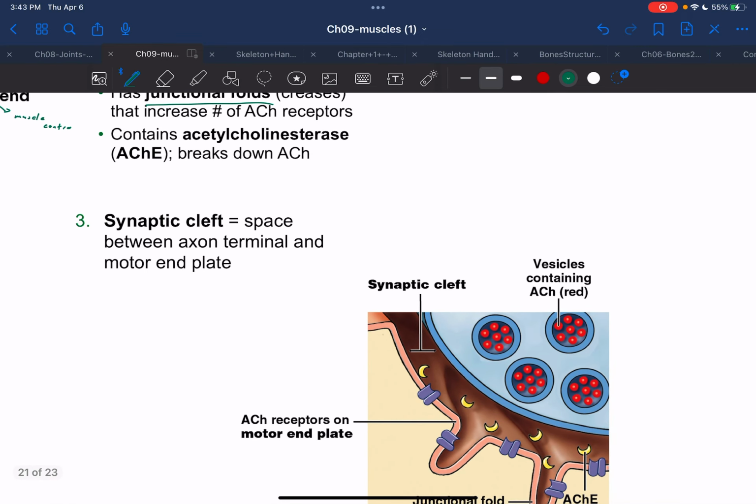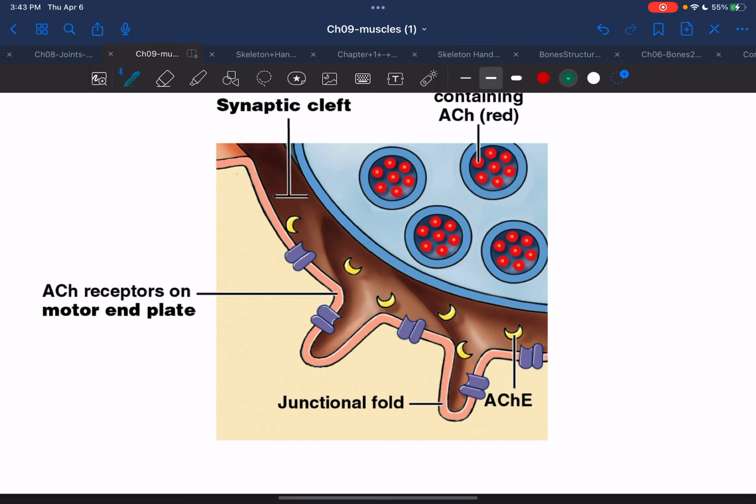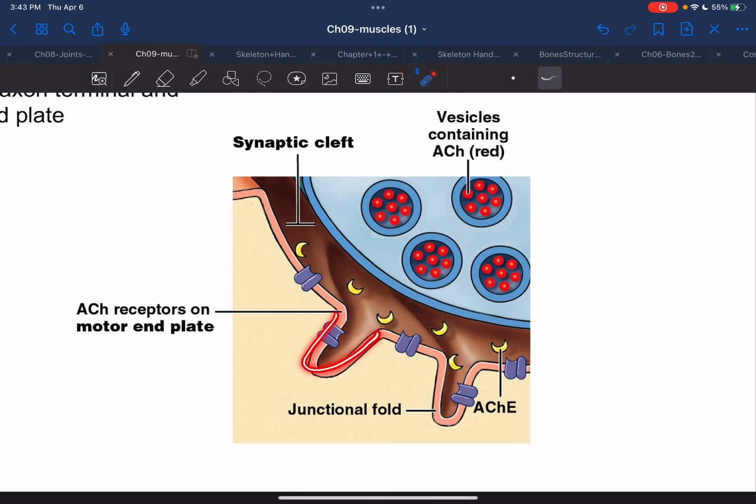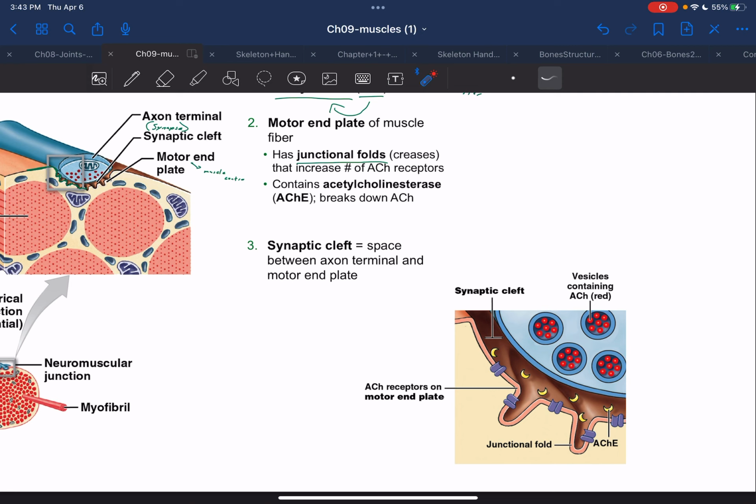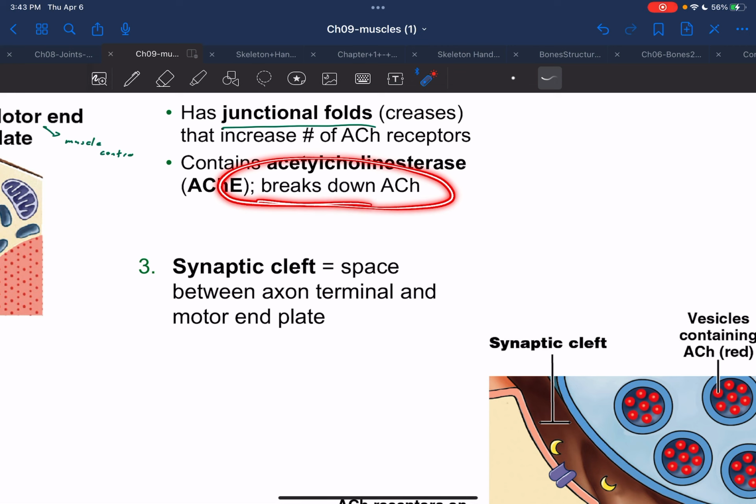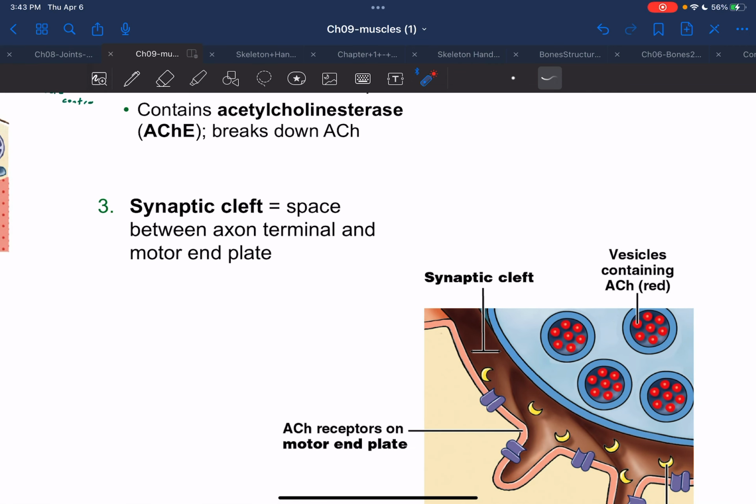And within that space, and I'm going to use this picture now, here's our junctional folds, here are our acetylcholine receptors, and in here are the acetylcholine neurotransmitters within our vesicles. And then lastly, we have ACHE. You'll see that there's a little E here, and it stands for, as written above, esterase, acetylcholine esterase, which breaks it down. And do not forget the synaptic cleft is the space between the two cells. Between the two cells. Now,